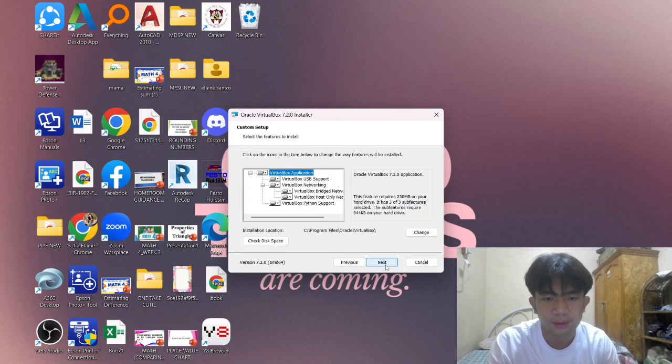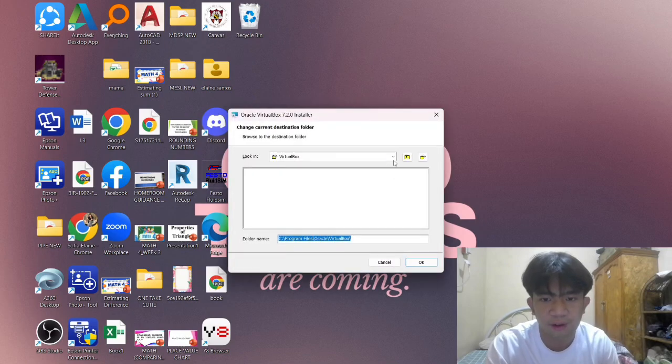So next. So these are the default settings. So I won't do anything about this. I will leave it as it is. So in this Program Files, Oracle, VirtualBox, this is the path. You can change it, depending on your preference.